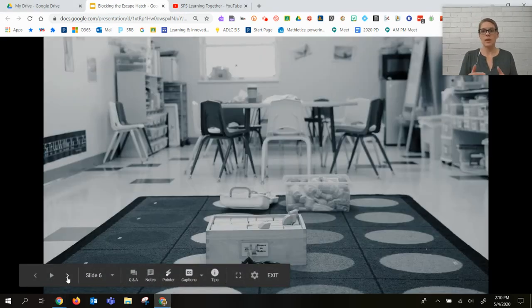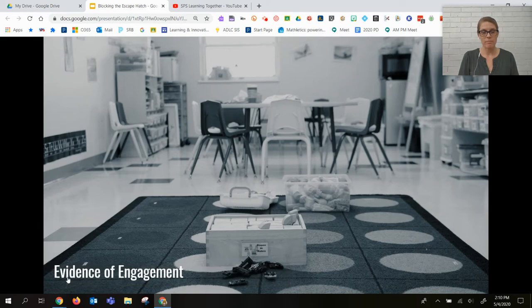Then we need to remember from where we've come. Again, the season in which we find ourselves is looking very different. So we do have to consider the changes that have happened. So when we were teaching in a classroom with students, then the things that we would be looking at as